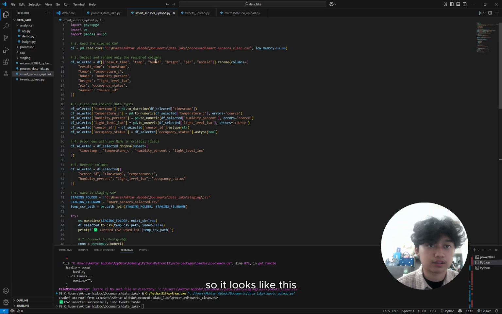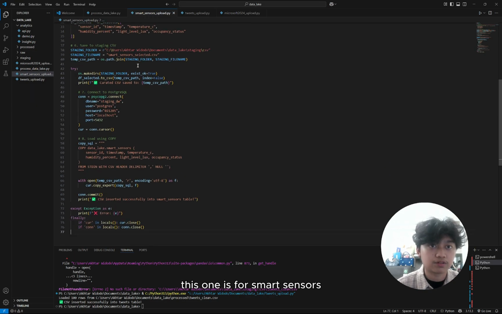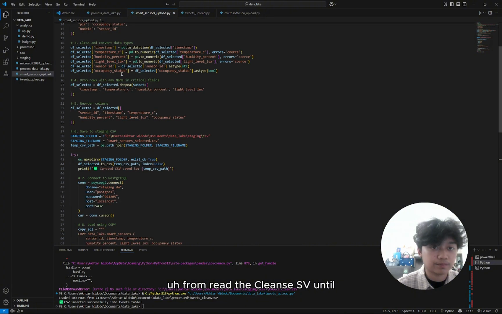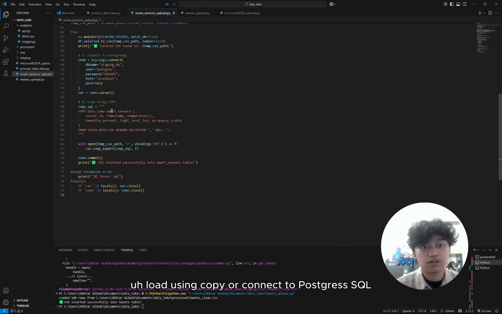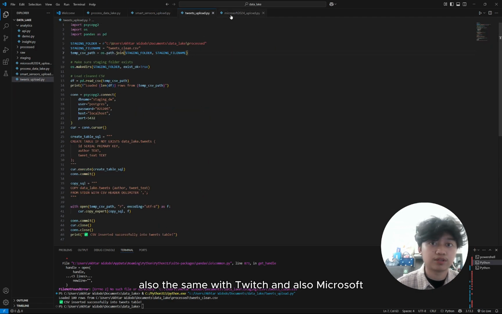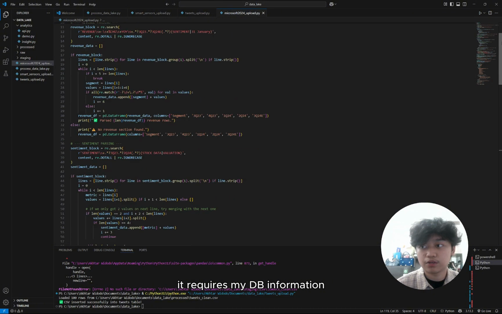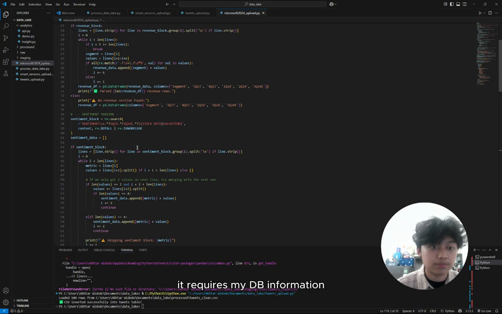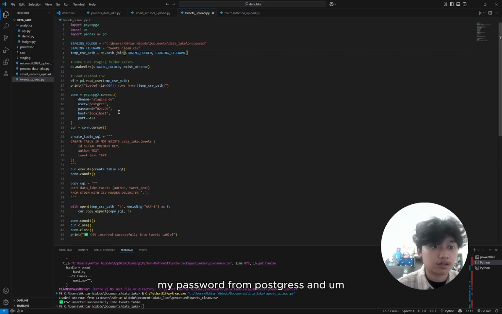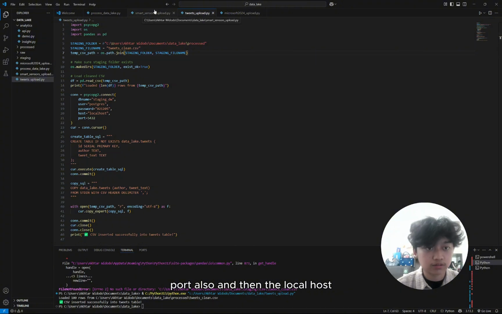So it looks like this. This one is for smart sensors, from reading the clean CSV until loading using COPY or connecting to PostgreSQL. It's the same with tweets and Microsoft. It requires my DB information, my password from Postgres, the port, and the localhost.